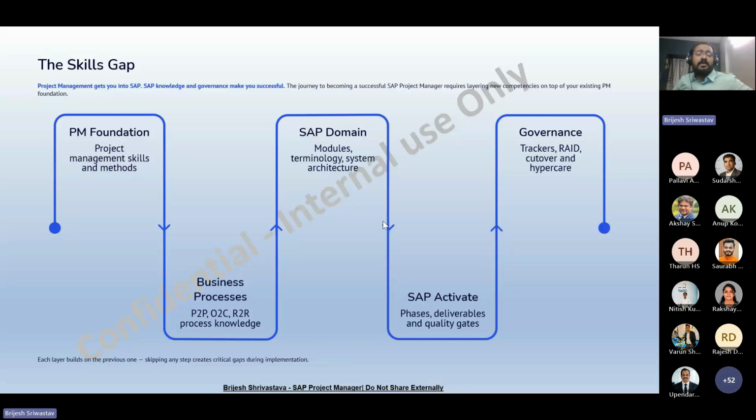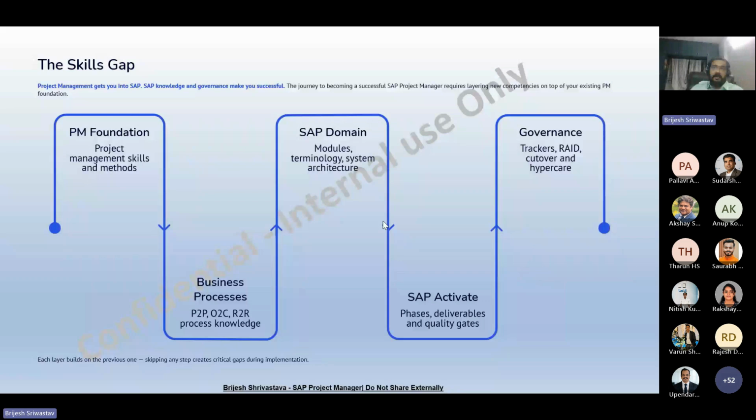Okay, so here you can see the skill gap. Let's talk about the skill gap. You have a traditional project manager and a SAP project manager. Many people think that if they already know project management, they can immediately manage an SAP implementation project.